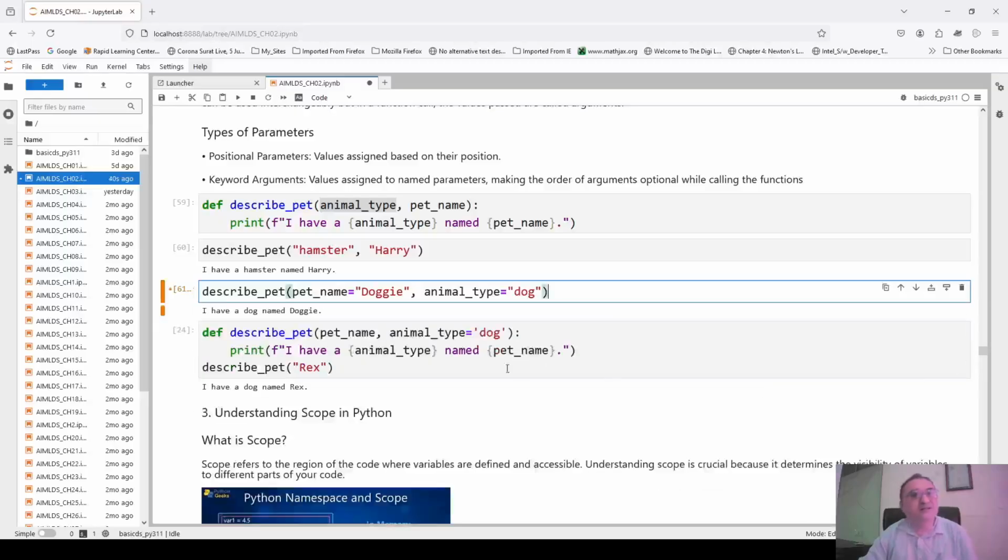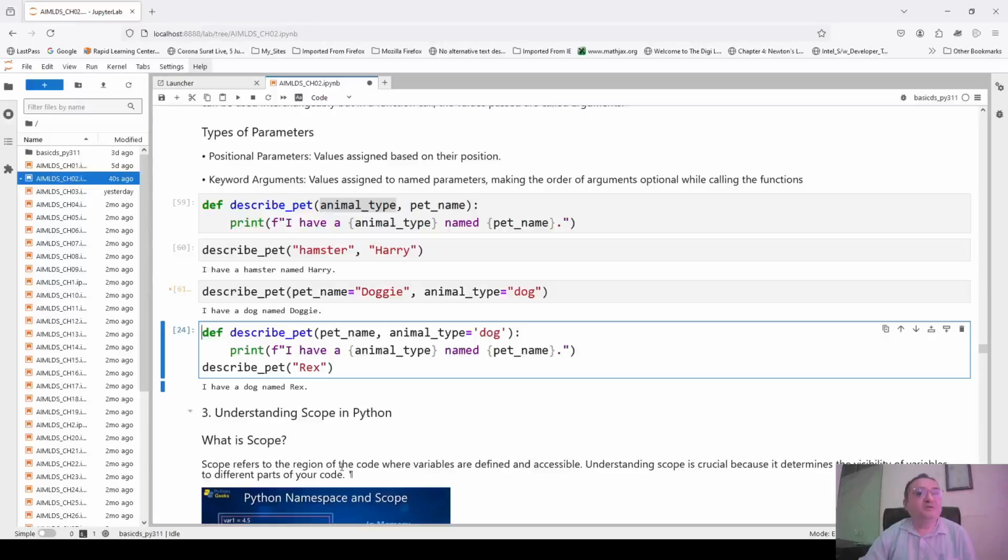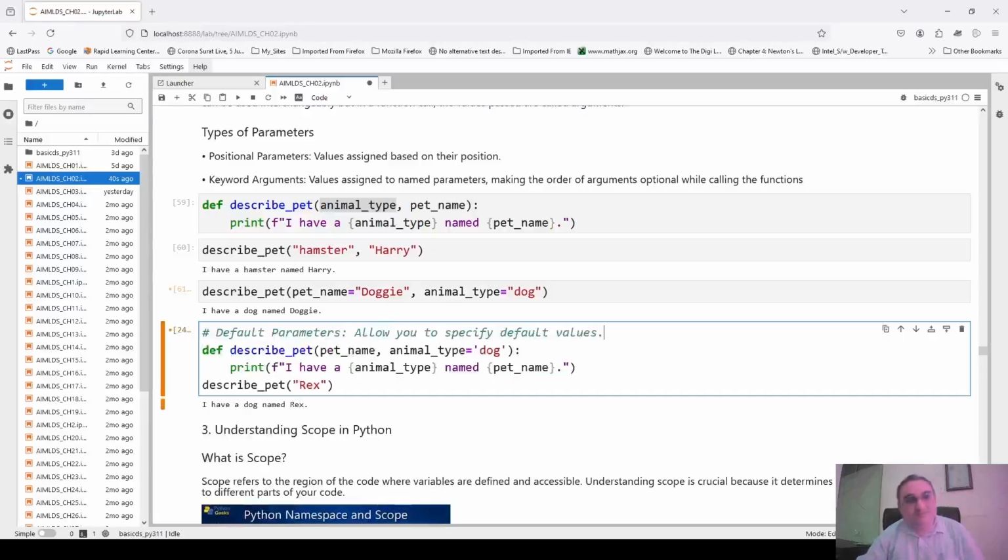This is not applicable here, but this is applicable to the next. Now sometimes you can put a default parameter also. So that means you can write the same describe_pet with pet_name, and animal_type equal to dog. The same function is there, animal_type and pet_name.